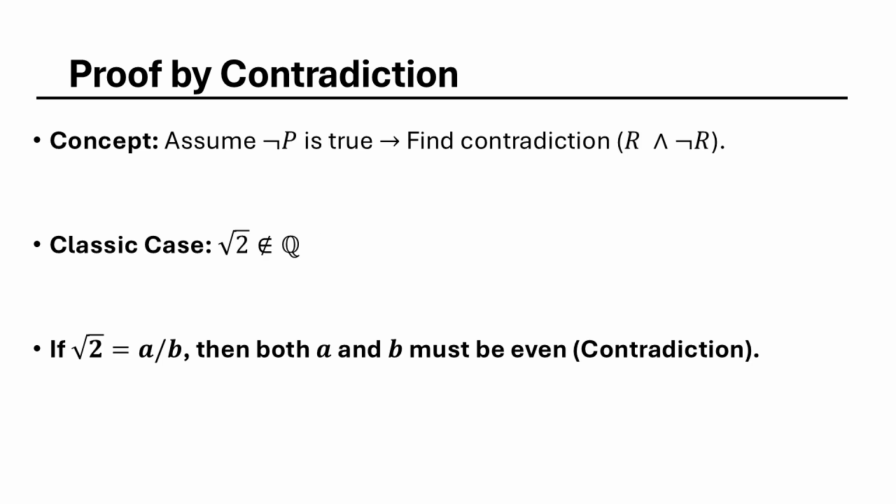Contradiction is the detective method, often called reductio ad absurdum. To prove that a statement is true, we temporarily assume the opposite, that it is false. We then follow the logical consequences until we hit a wall, a logical contradiction, like 1 equals 0. If our logic is flawless but leads to an impossible result, the only error must be our initial assumption. This is how we prove that the square root of 2 is irrational. Eliminate the impossible, and whatever remains must be the truth.